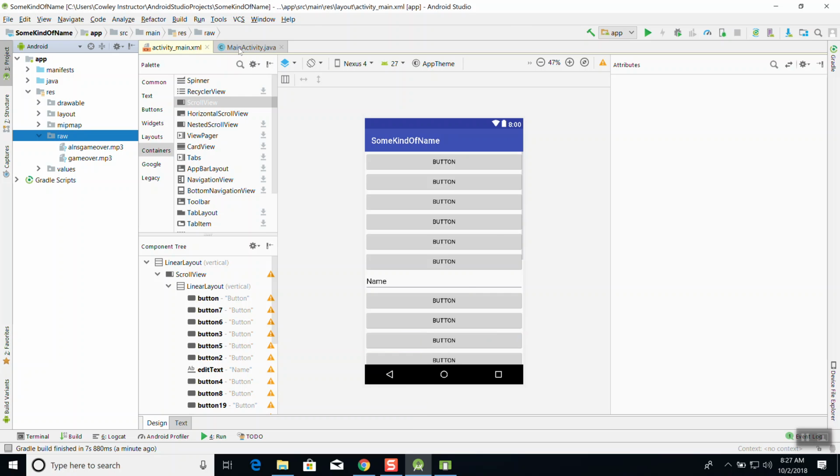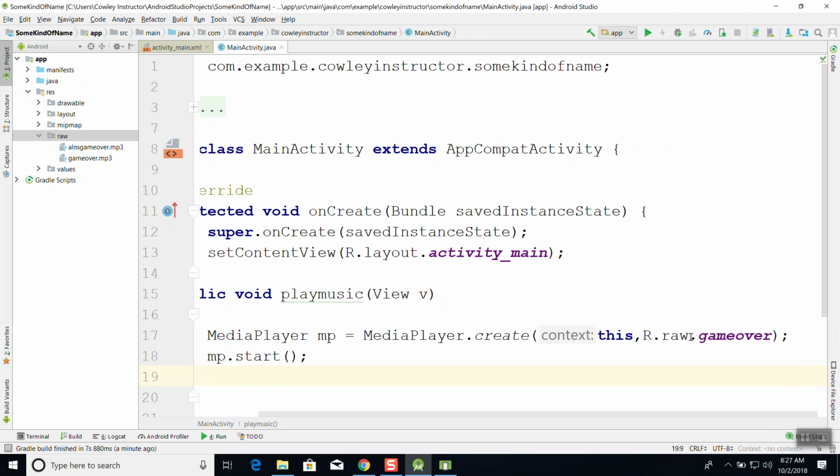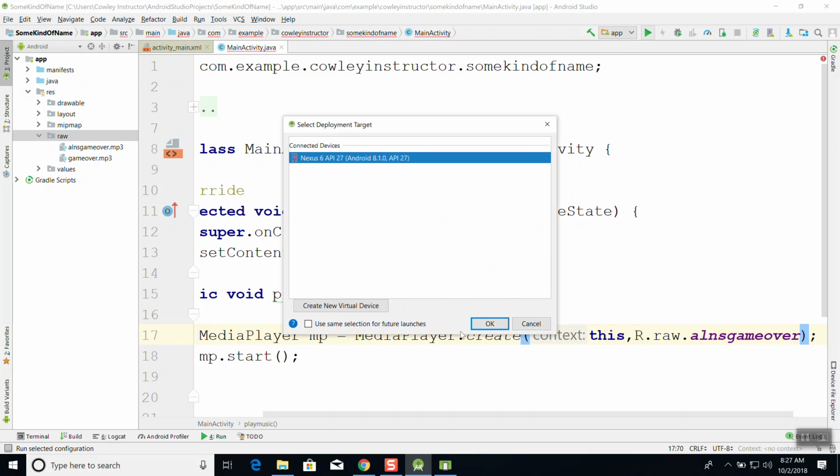So now if I go to my code, and let's see, scroll to the right, we'll get rid of that game over and put dot ALNS game over. Now if I run it,